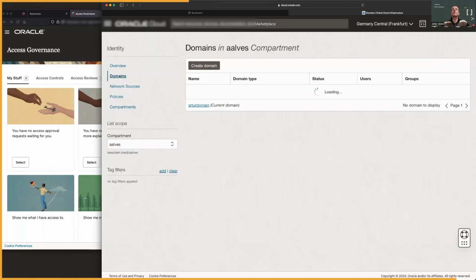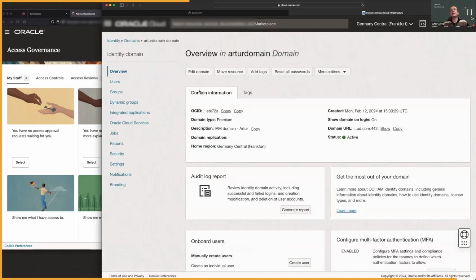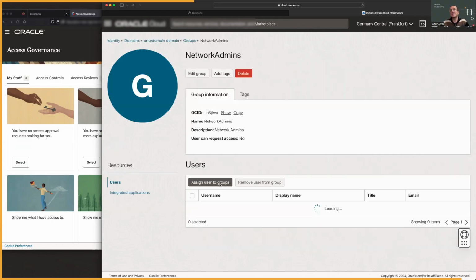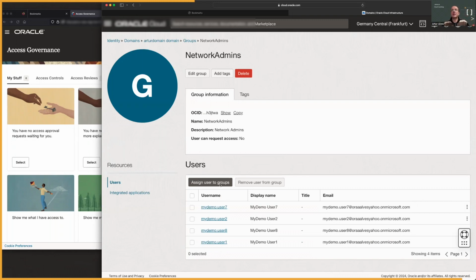Related to the users and the assets that they can have access to, we typically use group membership related policies, in which you use the group membership rules to grant access, as you saw in the policies. And for instance, we have some groups with a few users populated into them, so that they can, of course, later on be reviewed in my demo. And that's what I will show in a moment.